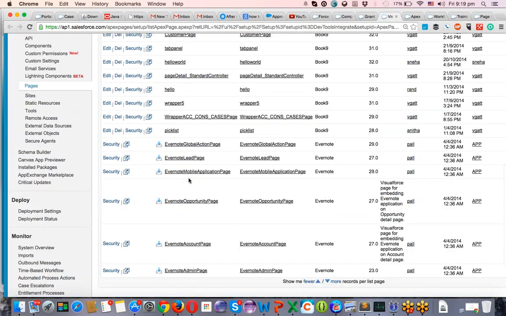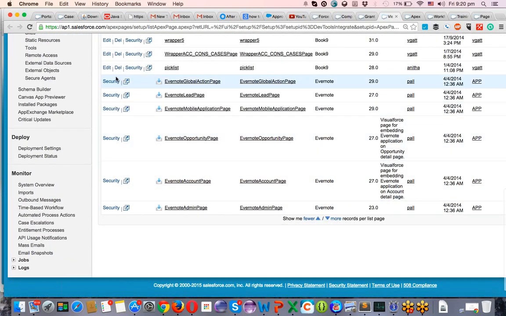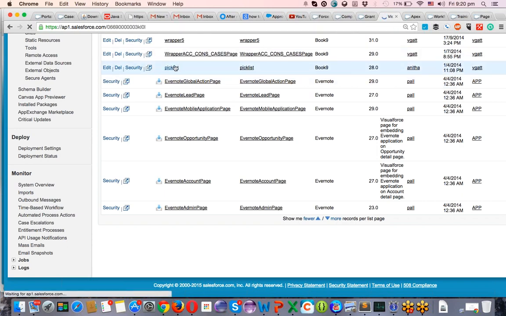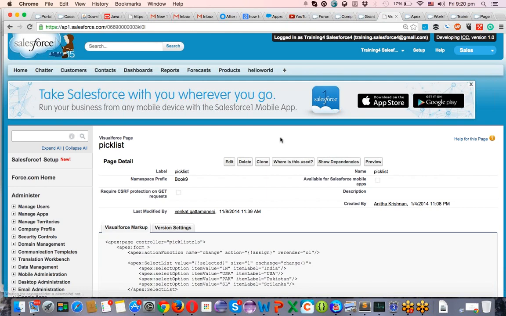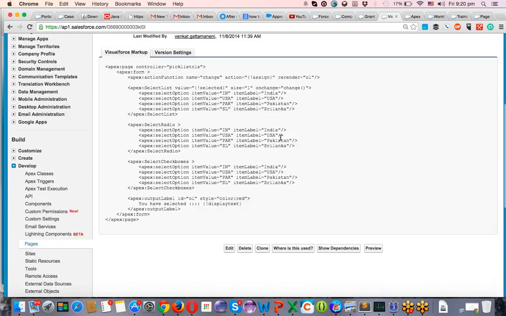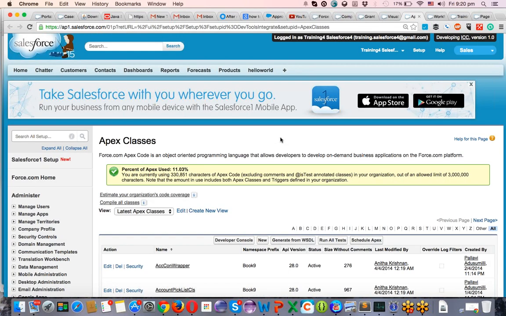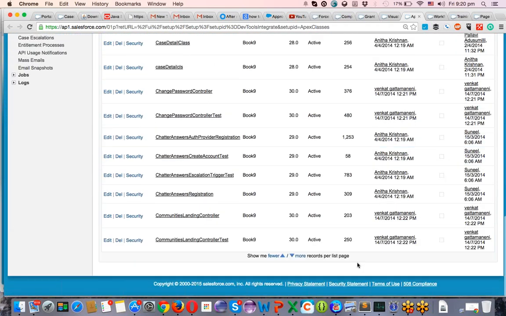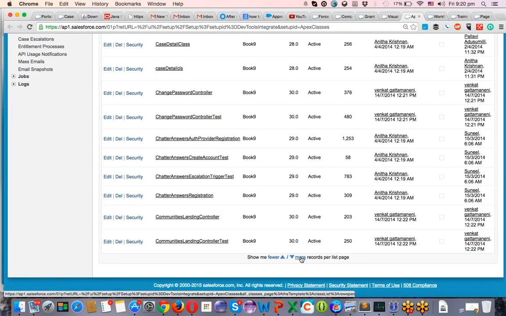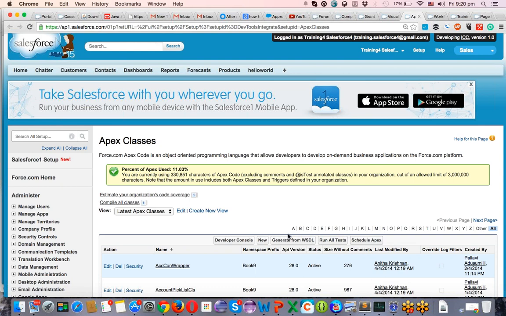So these are all the components where you can open and where you can copy the code and you can reference the codes. That's the reason I'm sharing this out to you. These are all the classes. You can click on more. You can see a lot more classes. There are around 3.3 lakh characters of code in this.